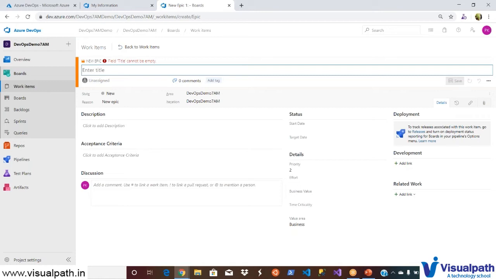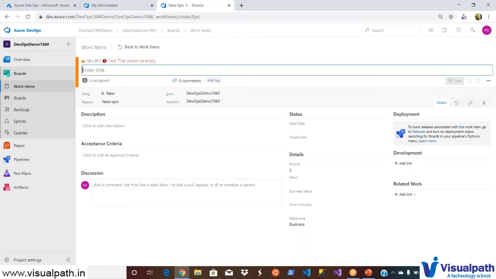So the business owner comes and says, hey, I want to develop a portal for travel management, which will allow me flight booking or hotel booking, etc. He will only give one statement. And then consulting companies like TCS or others will send some business analyst who can take it forward. The top level requirement is called an epic. So let's create an epic.